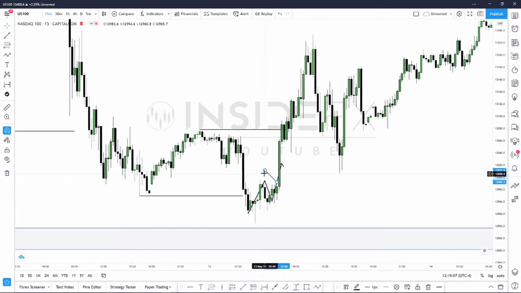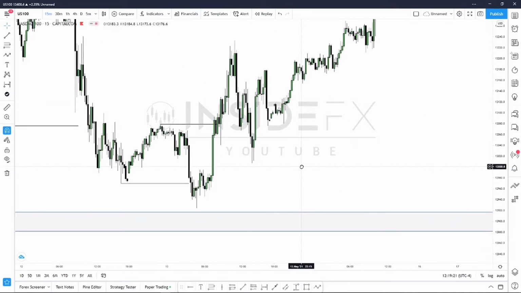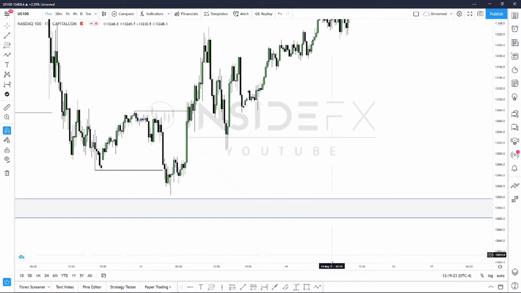I do use the 5 minute for entries, but I prefer to see a 30-minute or 1 hour structure break for confirmation, because if you go to the 5-minute, you would notice a lot of